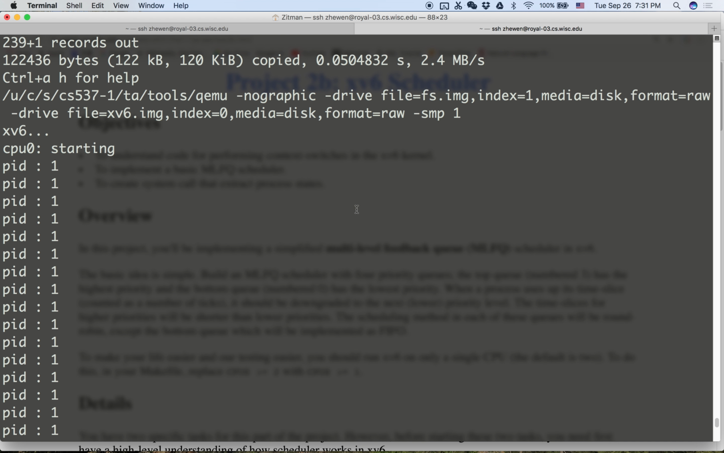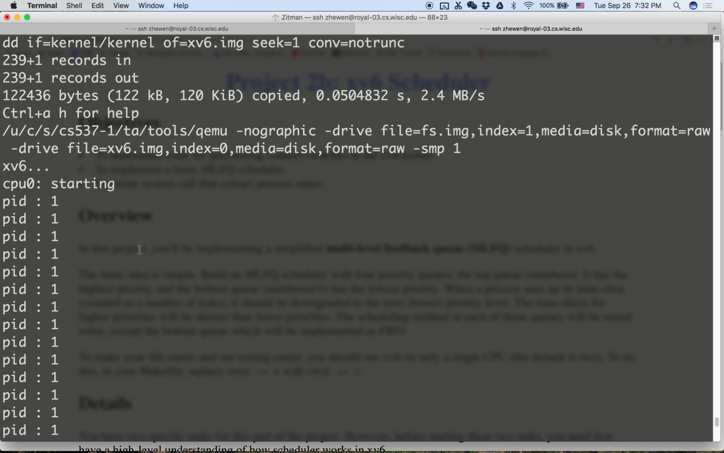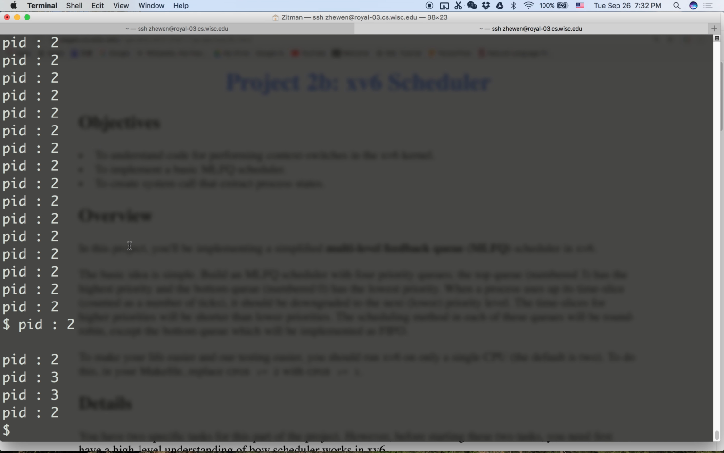I'll just skip the details of this. But for the second process, it's actually just the shell for x86. So the shell process is created by the very first initial process. Okay, and then